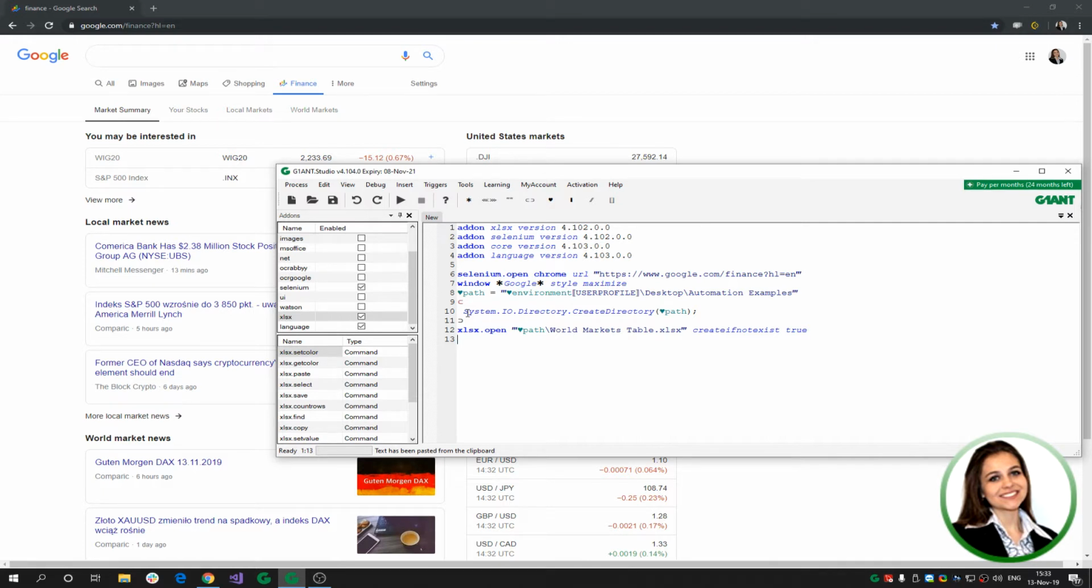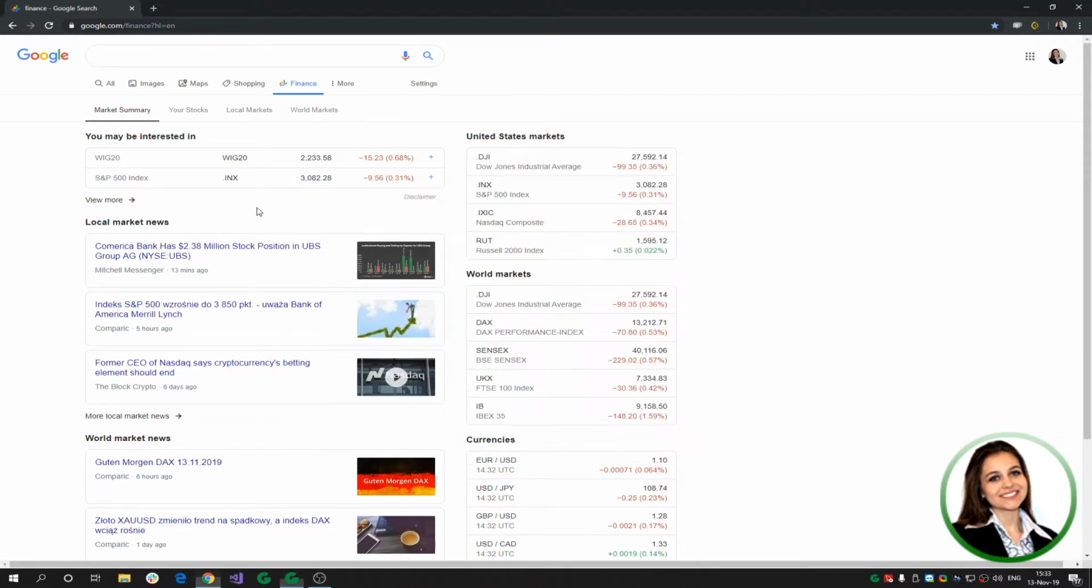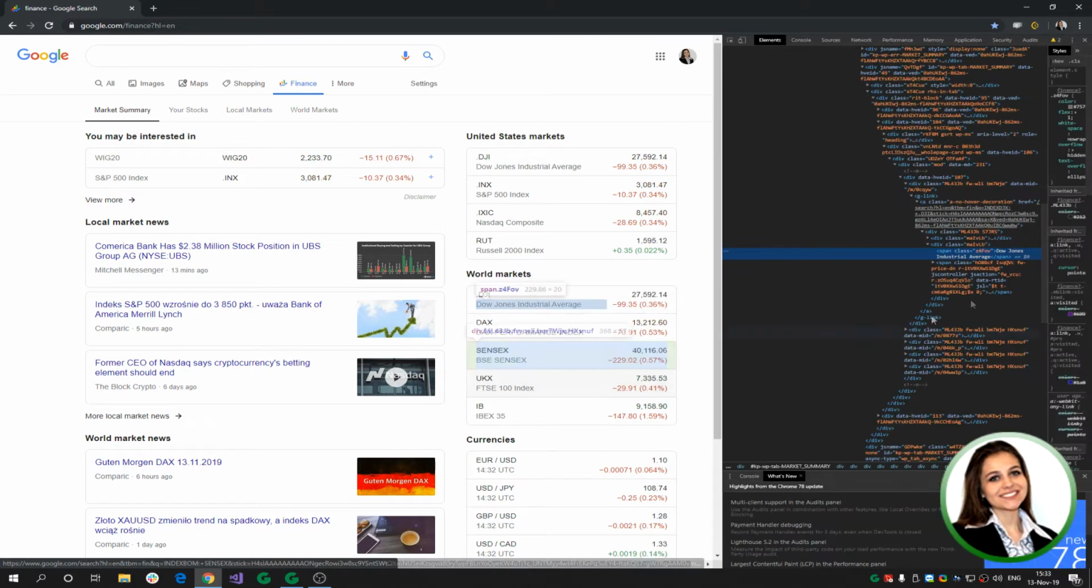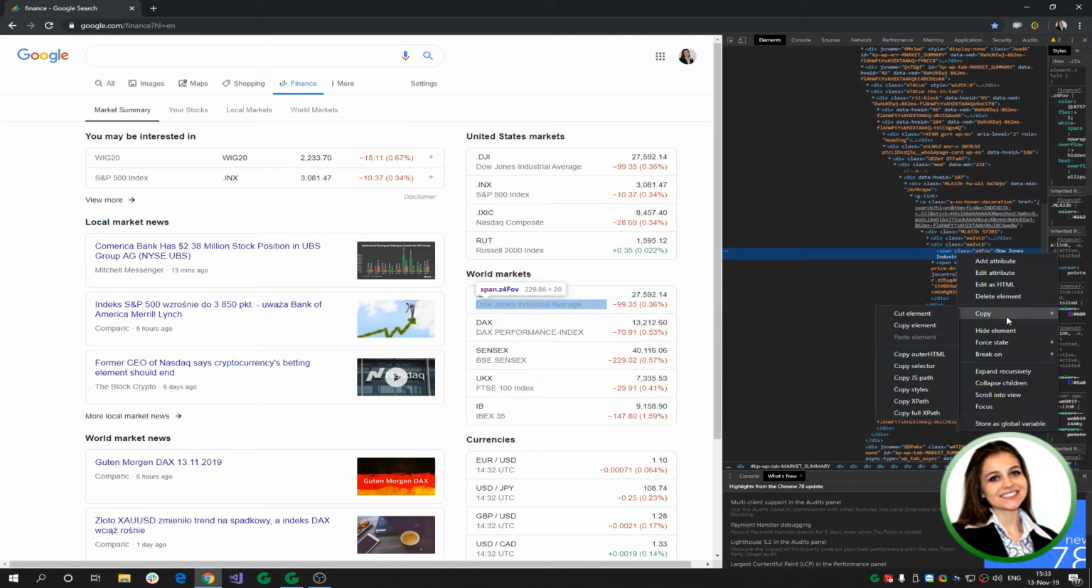Okay, now we want to create a for loop which will iterate through all 5 records. So for I variable from 1 to 5. Now we want to get all World Markets table values and insert them into Excel. So right click some value and choose inspect element. Now right click it, copy,